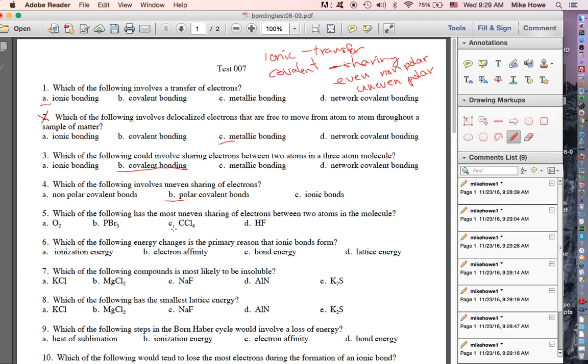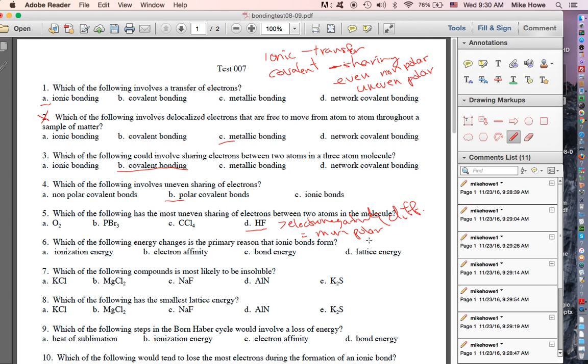Which has the most uneven sharing of electrons between two atoms in the molecule? So here you need to look at a periodic table, and I don't have one pulled up for this little section of the video, but if you look at your periodic table, you'll see that the two elements that are farthest apart on the table would be HF. And for HF, the electronegativity difference is the greatest. So greater electronegativity difference means more polar,